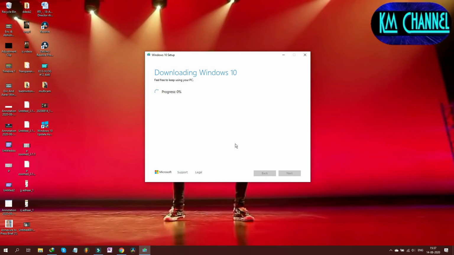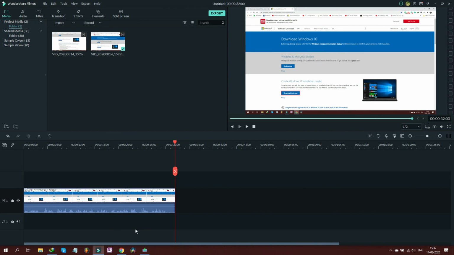Instead of downloading the ISO, you can install Windows 10 directly through Windows 7. So in that case, instead of selecting the second option, go for the first option and then follow the instructions. Your computer will restart multiple times, and then the Windows 10 installation process will start and eventually get over, and you will have Windows 10 on the laptop in which you initially had Windows 7 or Windows 8.